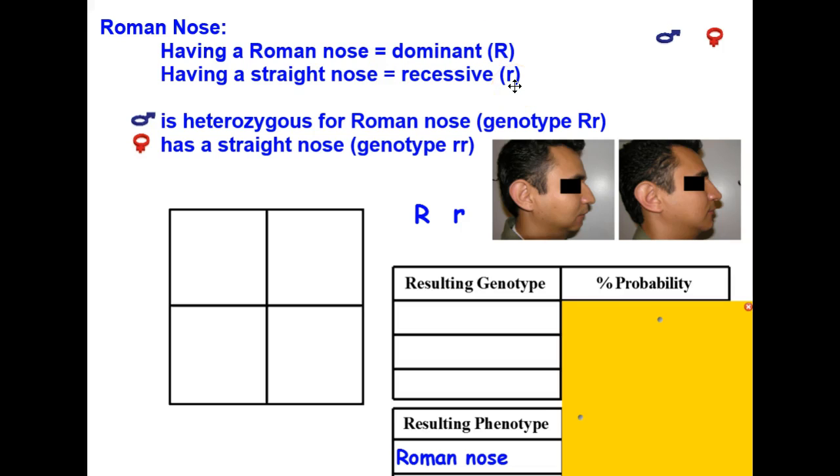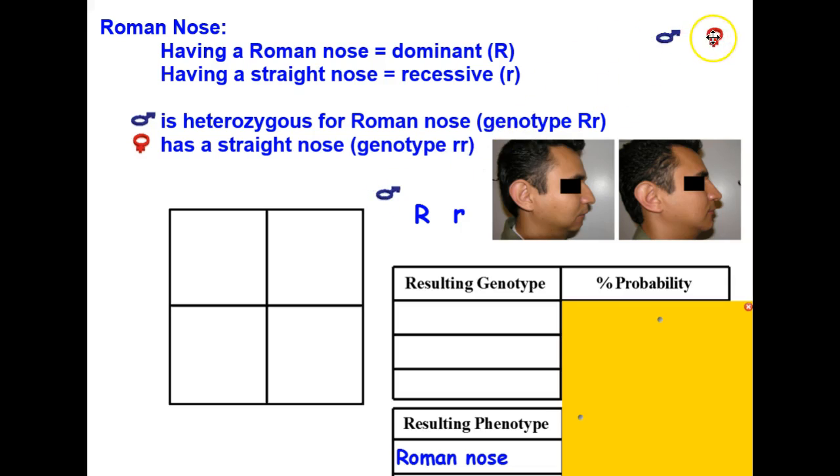Having a straight nose is recessive, so we would assign it the opposite of the capital R, which is the lowercase r. We are asked to cross a heterozygous male for Roman nose, so that would be the genotype big R, little r, which would be heterozygous dominant, with a straight nose female, and the only way she could have a straight nose is if she was homozygous recessive, little r, little r. So